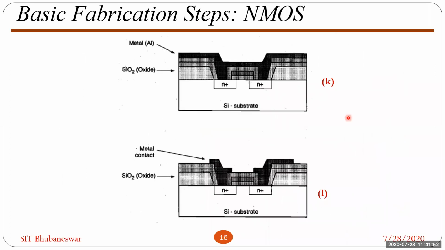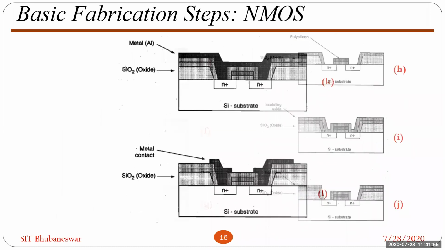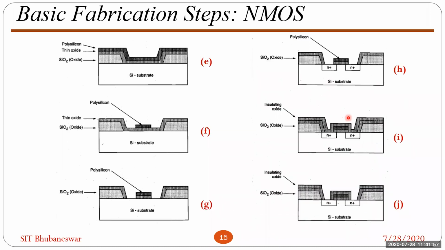Sir, in the H figure, the previous slide, above the polysilicon, again we are giving the thin insulating oxide. Why do we give it in the entire length of the channel? Because at the end again we are doing the etching and patterning. So why can't we just give it in that part, instead of giving it and then removing it, which is a wastage?